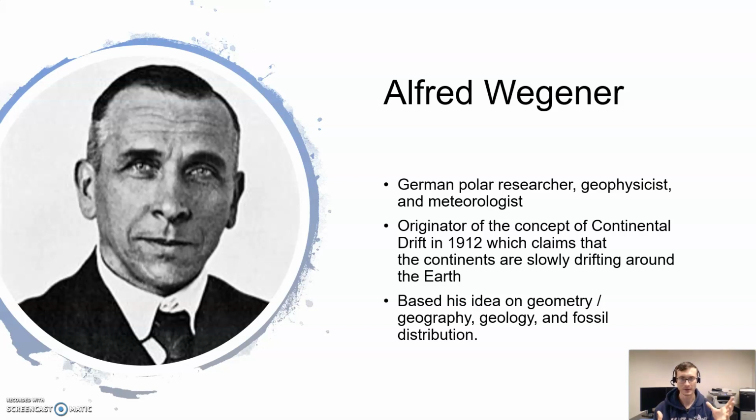And his idea was that the continents, as we see them now, had not always been in these places relative to one another, so that they have moved through the earth. This one went this way, this one came down, this one came over here. And he supported his idea with a few different things. First, the geometry of the different continents, looking like they fit together, but also geology, which seemed to, in some ways, extend across continents which are nowhere near each other. And finally, the distribution of fossils, some of the most convincing evidence.